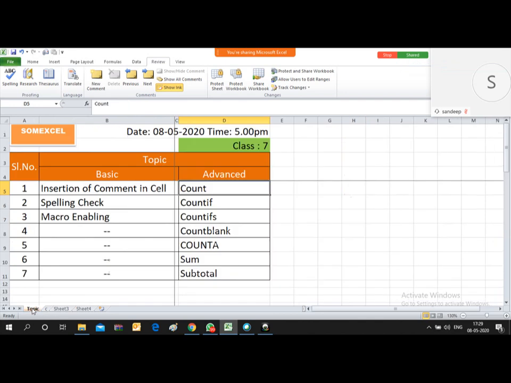Let me now focus on the next formula, that is count if. Friends, count if is one of the most important formulas in the entire count space. Count if and count ifs, these two are the important formulas. How and where count if is utilized, let me show you in this next example.